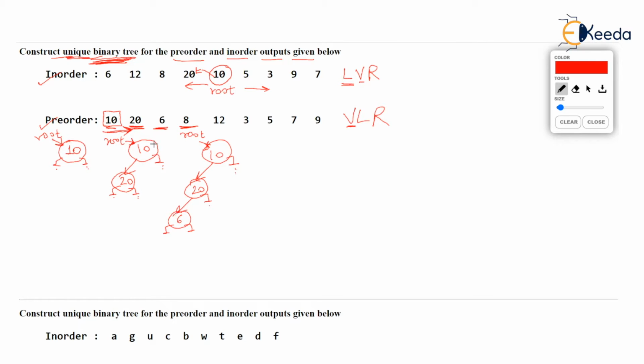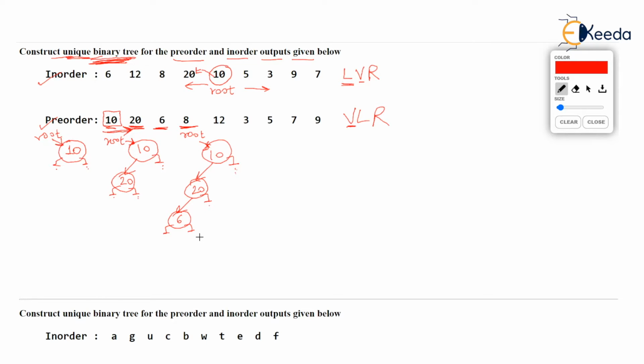So we go to 6 in the in-order and check where 8, the new data we are adding, is with respect to 6. And 8 is to the right of 6 in the in-order. So 8, the new value, must go to the right of 6. And fortunately, right of 6 is null. It is empty. So you can now add 8 to the right of 6.